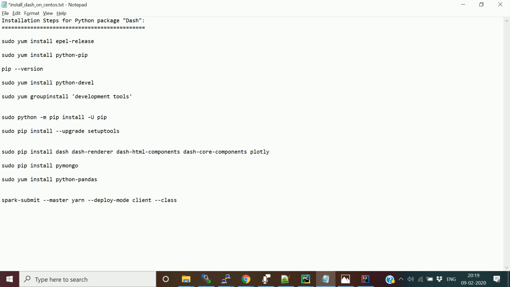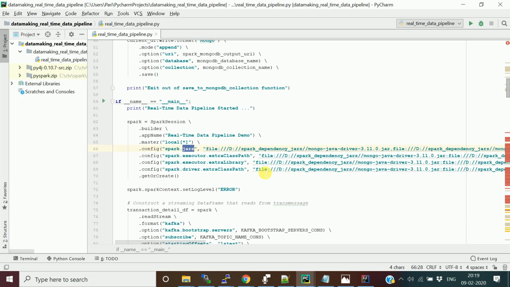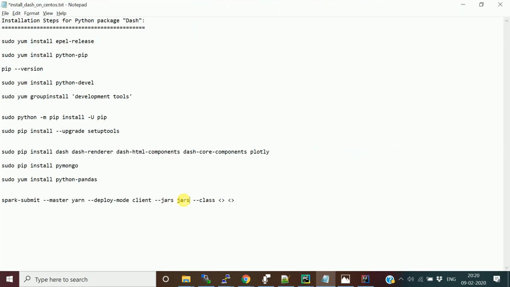and then --class with the fully qualified path and jar name also, and then the jar name followed by, we'll provide this last. Here we'll put --jars, and the list of jar names. We'll put them in the current directory wherever we are running, so that you don't need to give the path, comma,